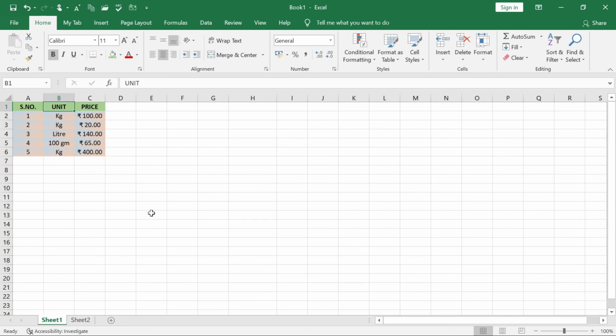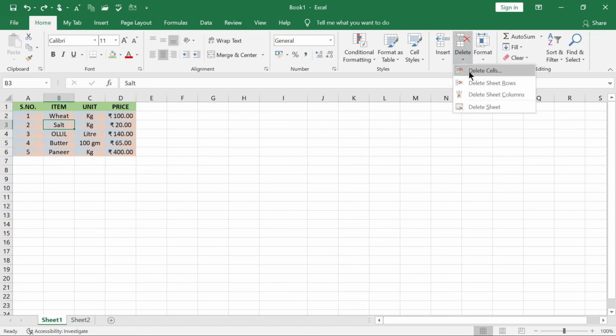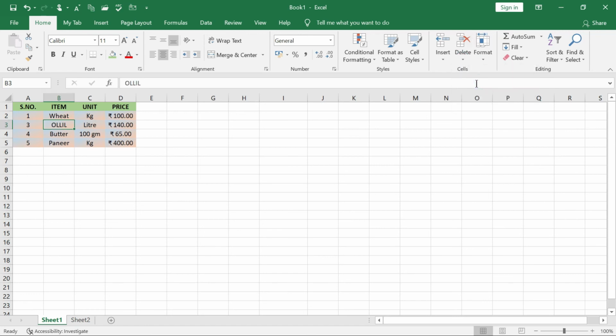Okay, so in this way, Control Z, I'm getting it back, and if you want to delete the row, go to the delete and go to the delete sheet rows. This row will be deleted. If you want to delete more than one row, just highlight, delete it, and then delete cells. Okay, delete sheet rows means sheet rows will be deleted. I'm getting that back once again. So all that comes back once again. All right. Now the thing is, how to delete the sheet once more.